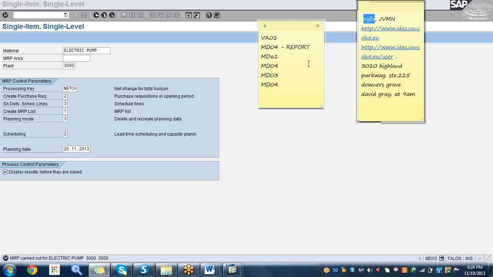Okay, so you go and take a look at this report every time, because that's how you can see what is going on after each and every step. Once I create a sales order,